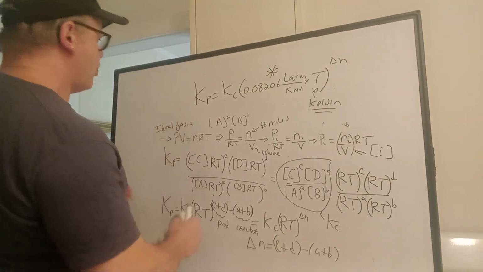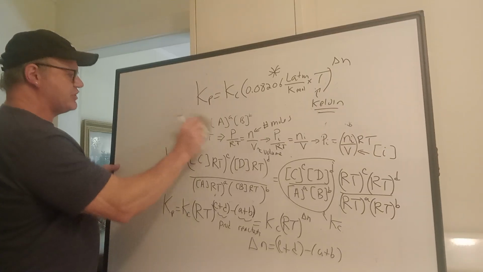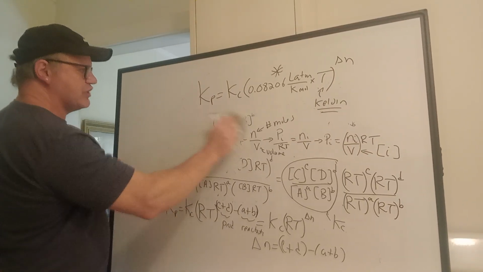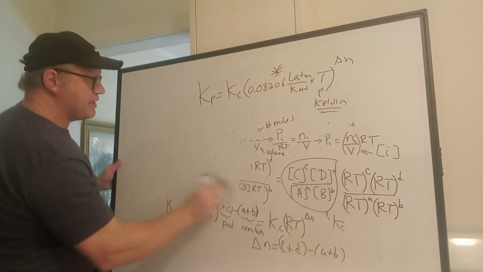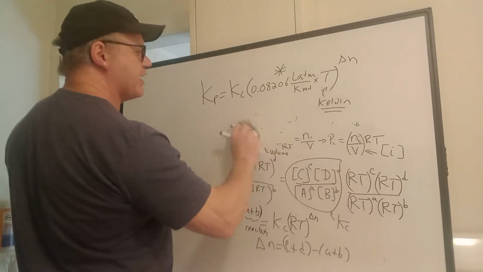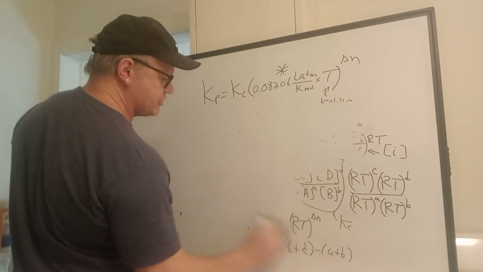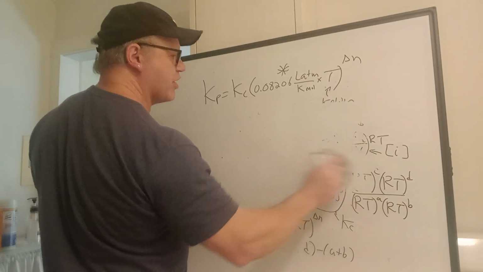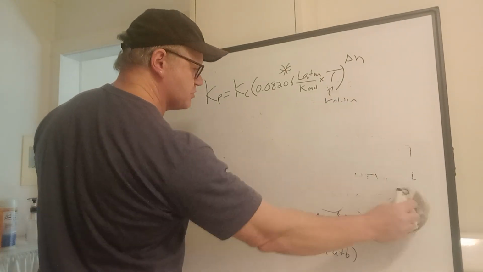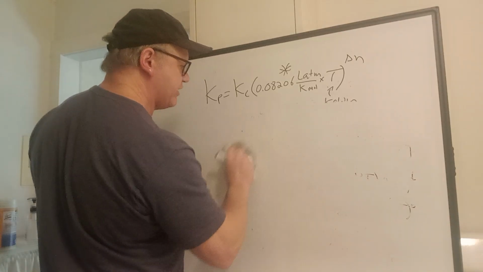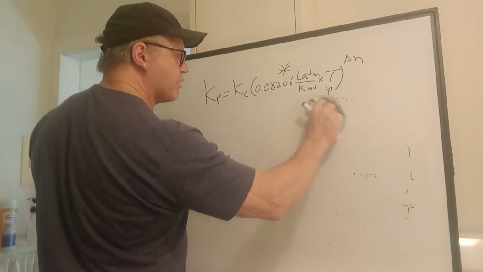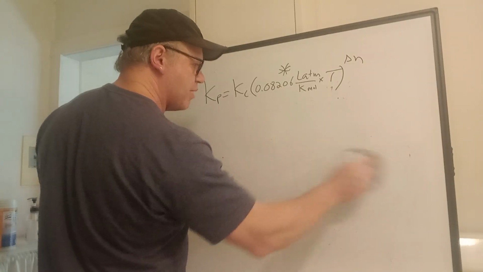So this is the master equation. Let's do some calculations with it. This allows us to interconvert between Kc and Kp. Of course, you can always write it in terms of Kc equals. If you want to, you can just divide out the RT delta n. You can always manipulate that equation algebraically, and that's where doing a lot of problems in the skill builders,